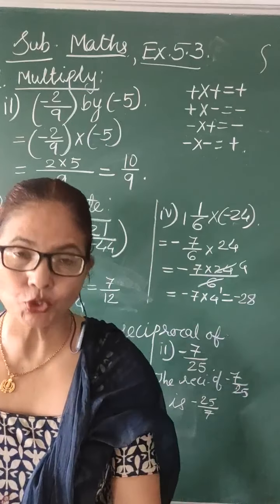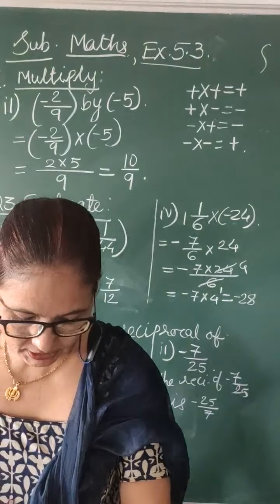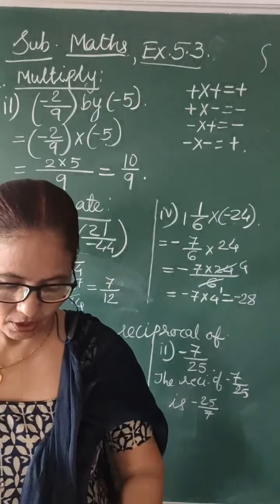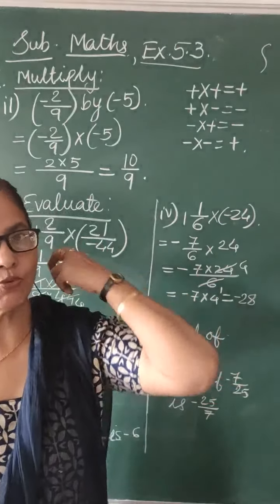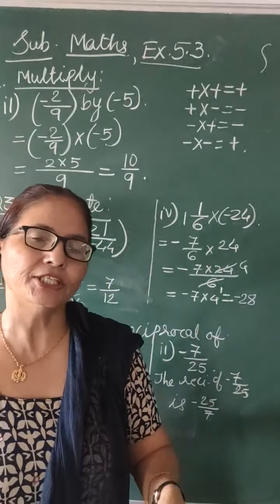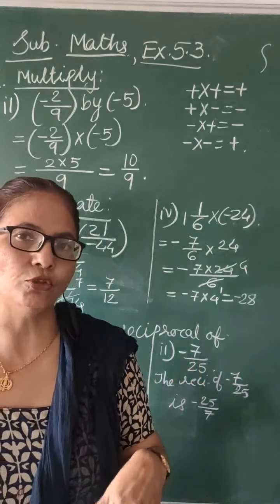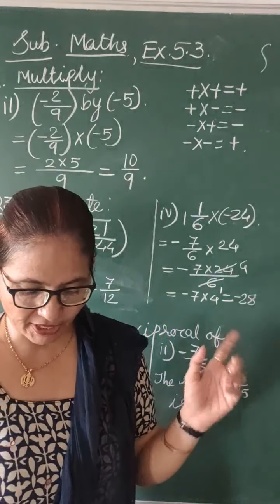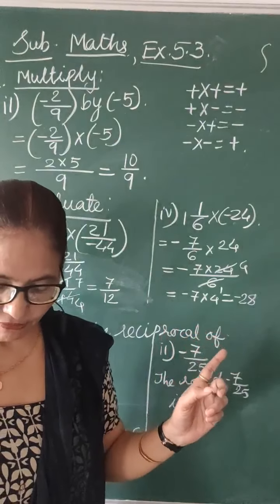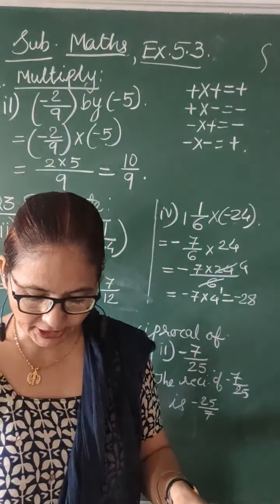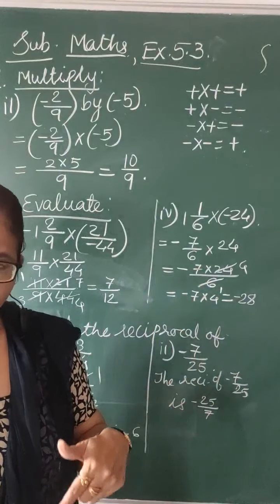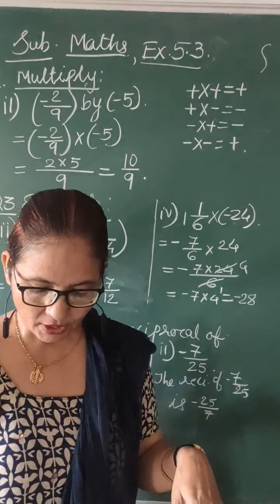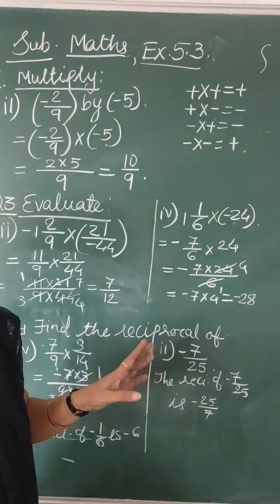Now let's move to question number 5, question number 6, question number 7. And now listen children, in the old textbook question number 8 is there, fill in the blanks, that is cancelled in the new textbook. So we have to move according to the new textbook. Those who have the old textbook, they have to simplify after this. Question number 5, 6, 7, just cancel 8, and then your 9 question becomes 8 and 10 becomes 9. So in this way total 9 questions are there. Okay, so let's move to question number 5.